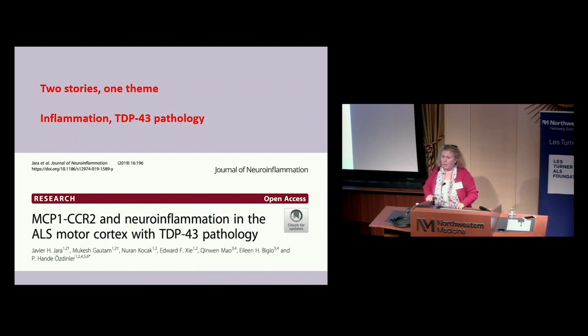And I will be talking about two stories, but one team. The stories are about inflammation and about TDP pathology, and these are two recent papers that came out. One of them is in Journal of Neuroinflammation, and we revealed the MCP1, CCR2, and neuroinflammation in the ALS motor cortex with TDP pathology. So we heard about TDP pathology this morning, and we are going to hear more about